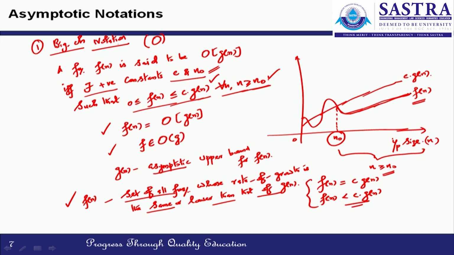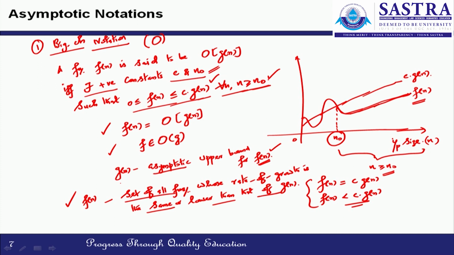In that case, we can say the rate of growth relationship results in the asymptotic upper bound for the input function f of n. So, g of n is said to be an asymptotic upper bound for f of n if